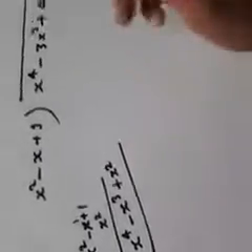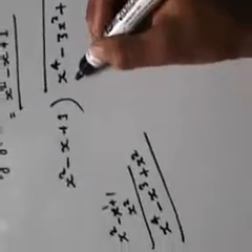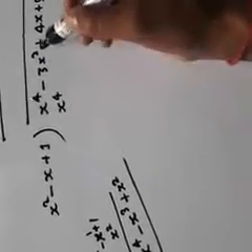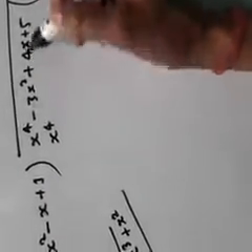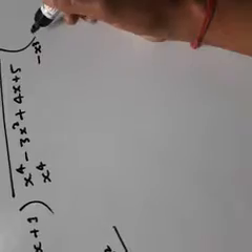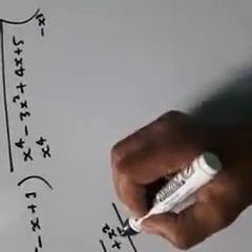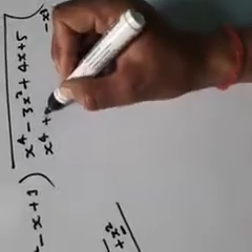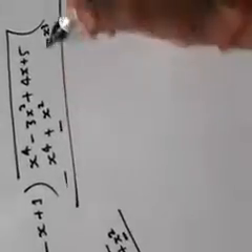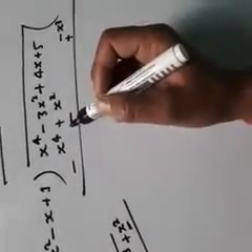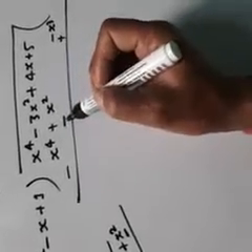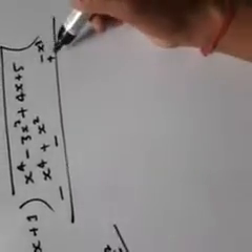Now write all these terms just below the dividend. So first x raised to the power 4 minus x cubed. This time, student, in the dividend we don't have any x cubed, so we will write it in the last, not below these terms. Now another term is x square, so you can write x square here. Now student, change the sign of the subtrahends. Plus will become minus, minus will become plus. X raised to the power 4 was positive, so it will become negative. x square was positive, it will also become negative, and x cubed was negative, so it will become positive.